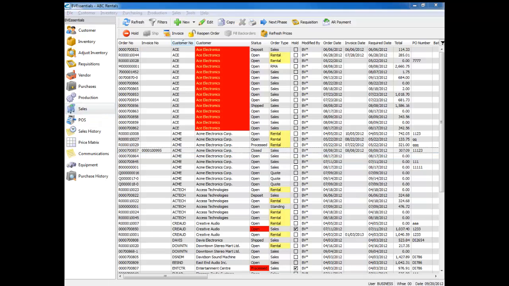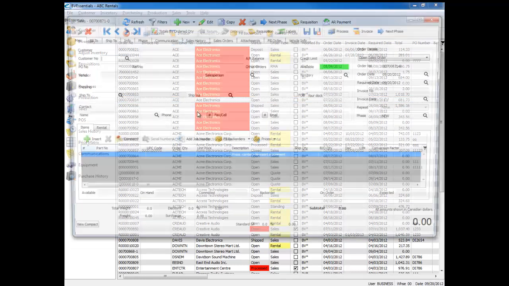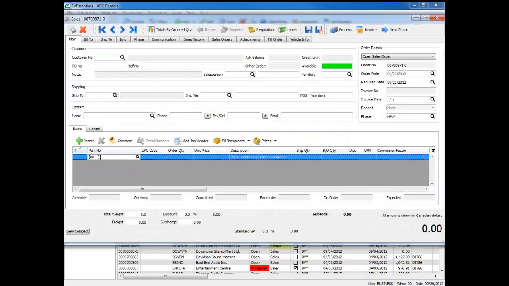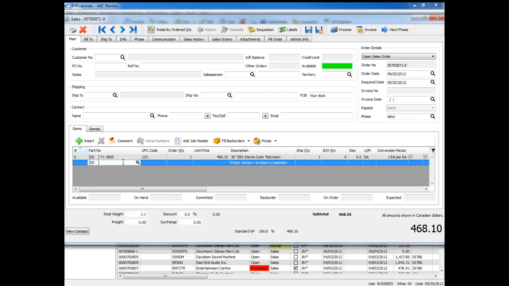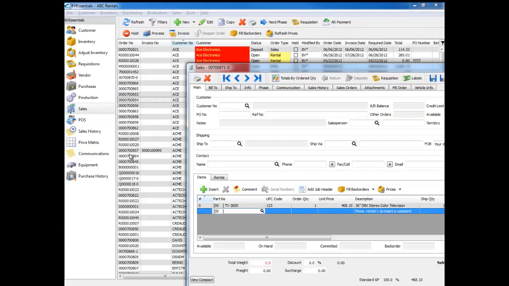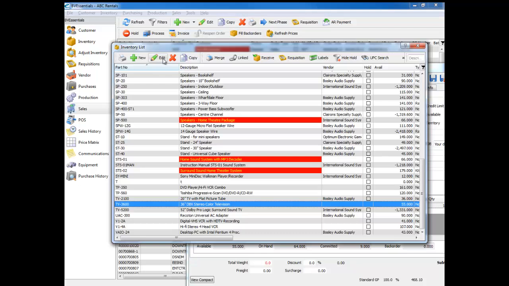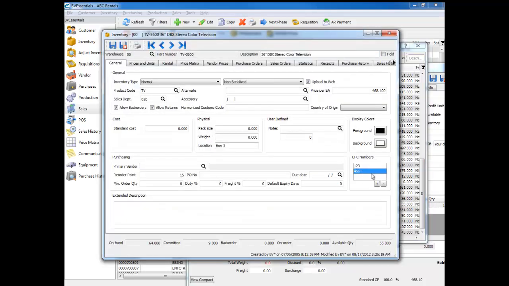Okay, the next feature we added is the capability of saving the UPC code. So if I go into this item here and I type 123 as my UPC, it translates that to a TV 3600, but it saves the UPC code on the order itself. Where this is handy is if you use UPC codes for your customer's part number, that can then be printed on the order. Because of BVEssentials' capability of putting more than one UPC code on an item, if I look up this TV 3600 and edit it, you'll see that 456 is also a UPC code,